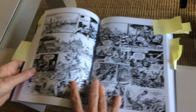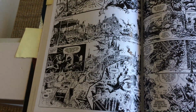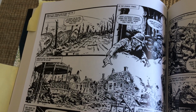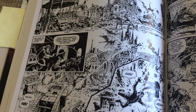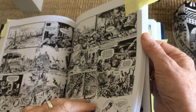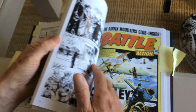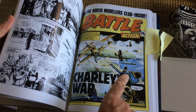Oh yeah, I just had to share this page because, again, the detail on it is astonishing. I mean, you really are there with Joe's artwork, and I don't think it's ever been seen to such advantage before. It's absolutely amazing. Now, the other thing with this edition is that the original pages in colour,